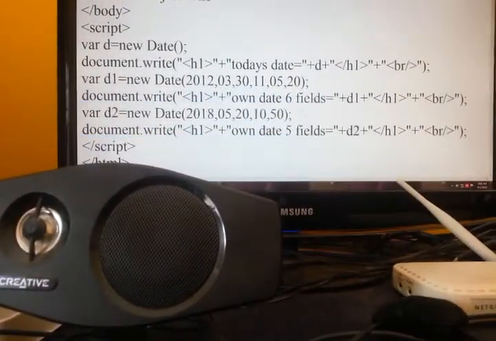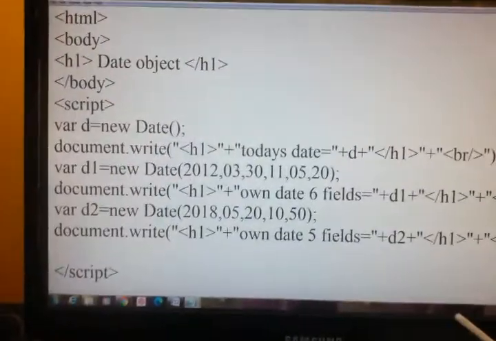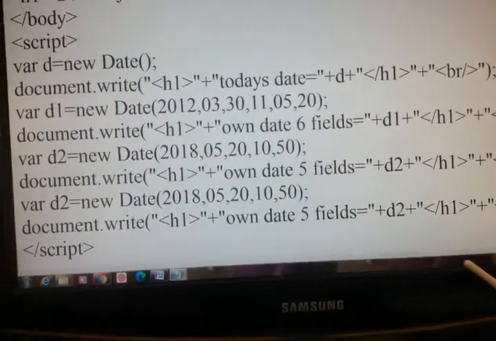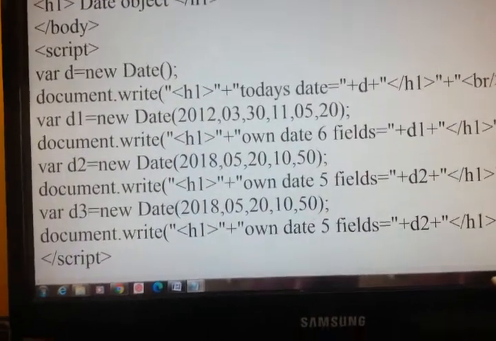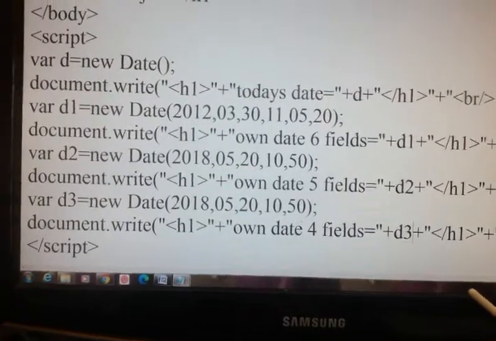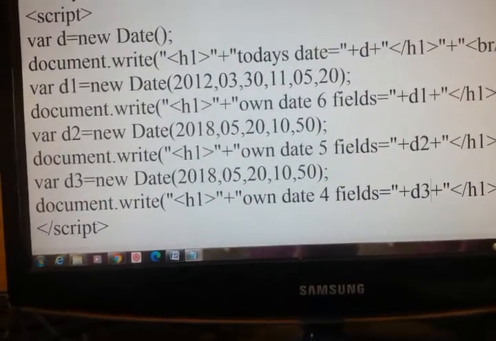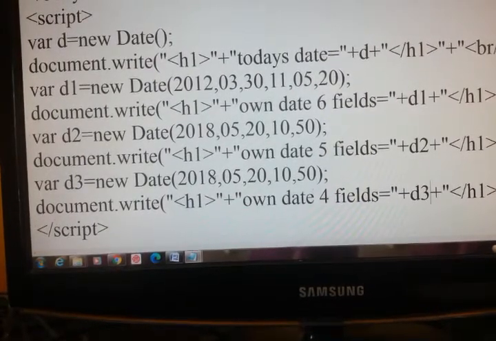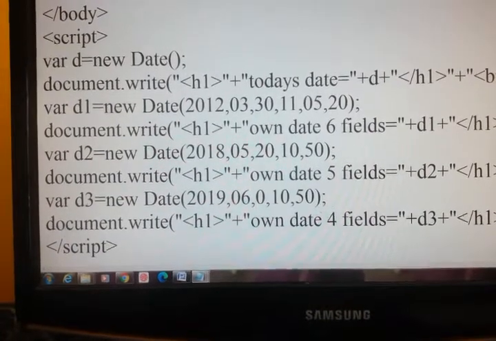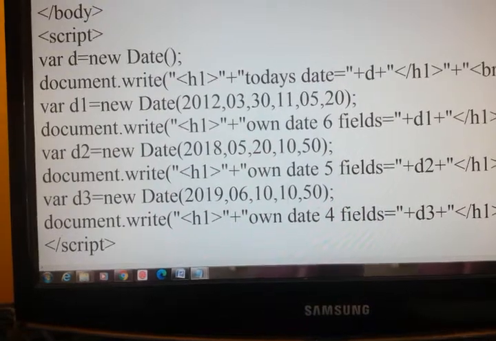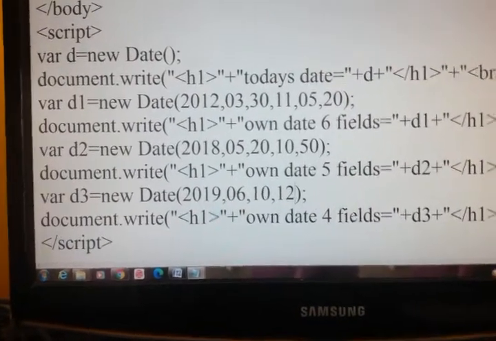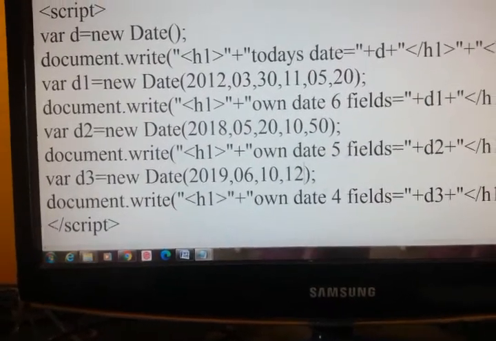Control C. With 4 fields. So we are going for 4 fields.